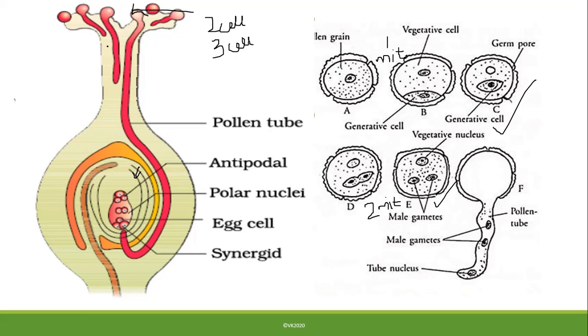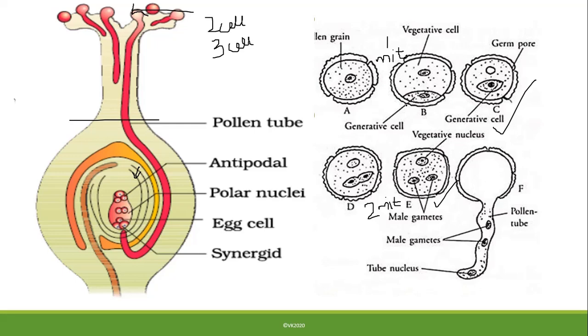Now once it arrives here at the stigma, there is a lot of sticky fluid containing a lot of sugar. Now this sugary sticky fluid is absorbed by the pollen grain through the germ pores. Now as it is absorbed, the protoplasm of the vegetative cell increases and it starts forming a pollen tube which comes out of the germ pore. So this is one of the pollen tubes which has formed due to the absorption of sticky fluid from the stigma, and then it approaches the ovule.